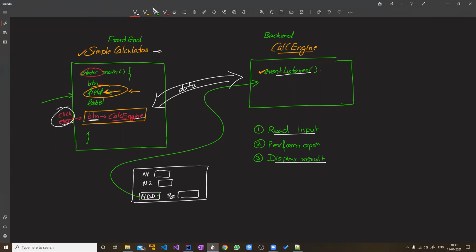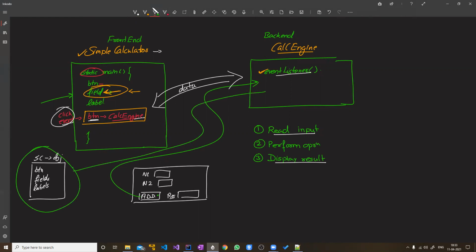So simple calculator should be created. There should be a simple calculator object which will have all the buttons, all the fields, all the labels, all those things. And if there is a mechanism to bundle this entire object and pass it to this, it will become easy.